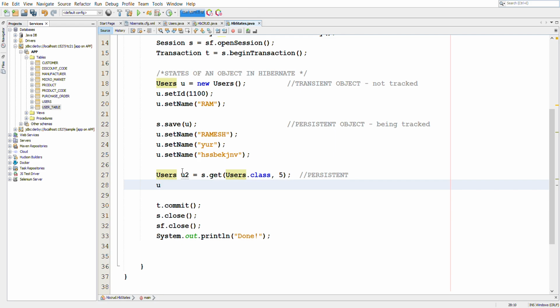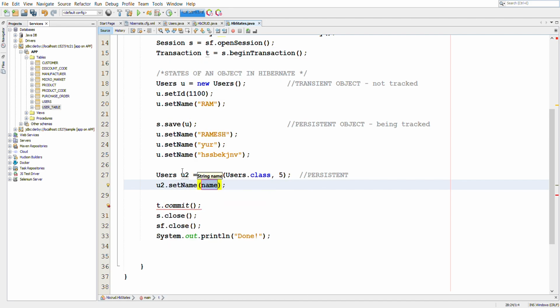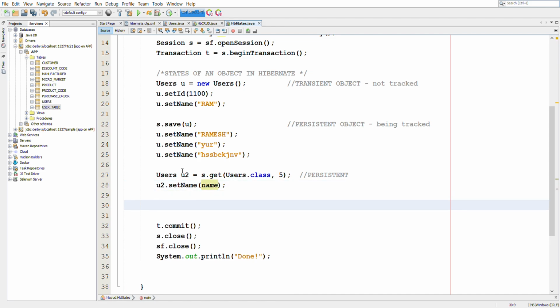And whatever changes we make to this object, so when we say u2.setName, all these changes are going to be monitored by Hibernate, and we need not explicitly update the object, or we need not explicitly save the object. It will automatically be tracked, and whenever the transaction is committed, the values will be updated in the database.